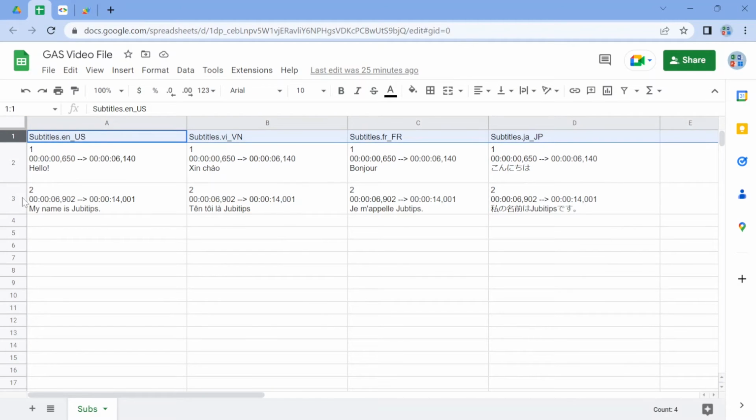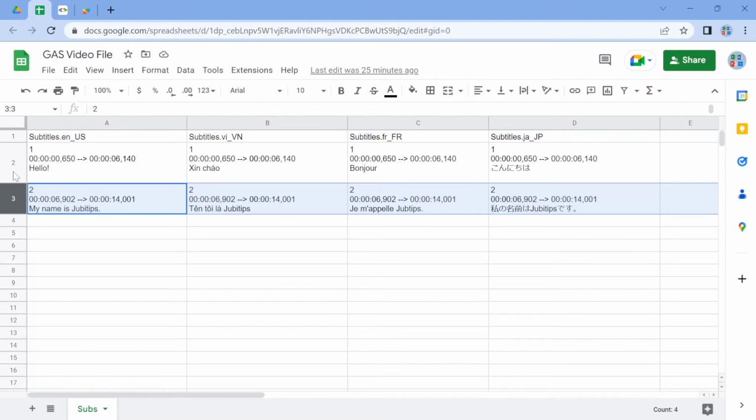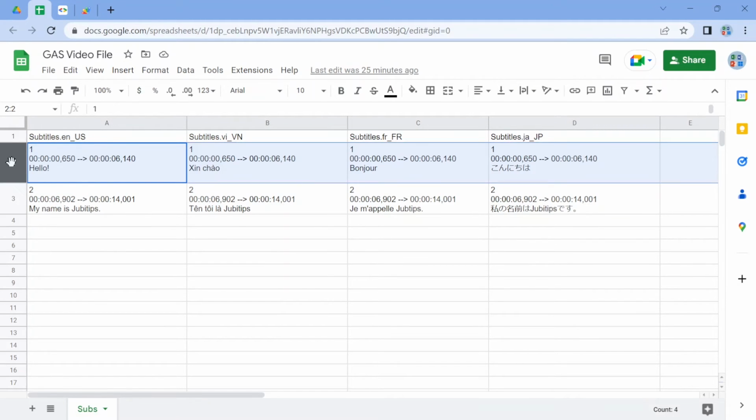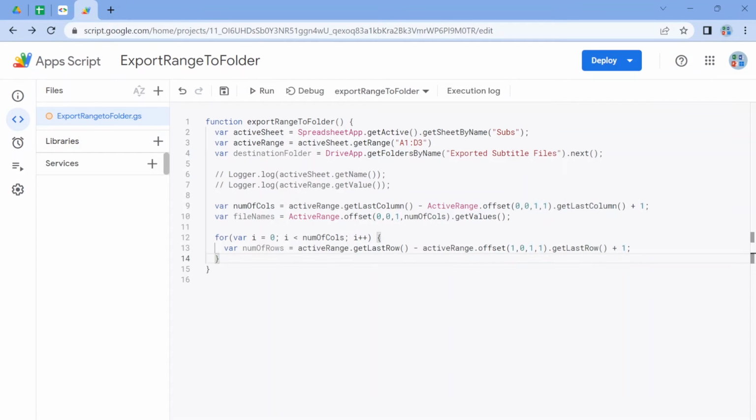I'm just gonna get the position of the last row, which is 3. I'm gonna get the position of the first row, which is 2. 3 minus 2 is 1. 1 plus 1 is 2. So the number of rows I have for the data that I want to input inside the files that I export is gonna be just 2 rows. Okay. Now the next thing is I need to get the data from all of those rows. I have the number of rows already.